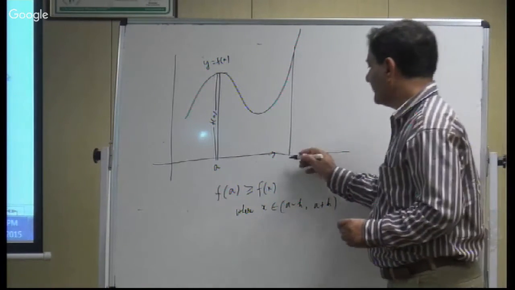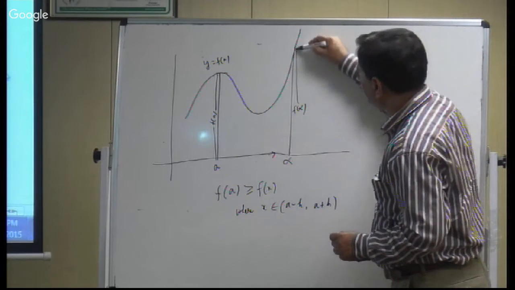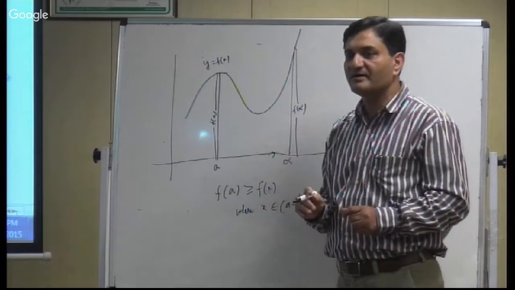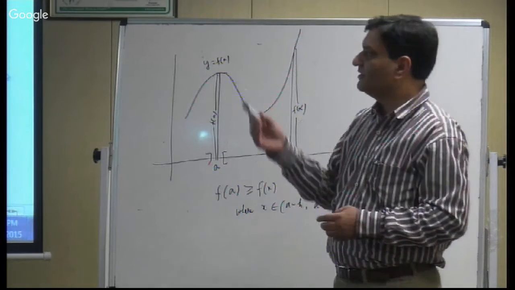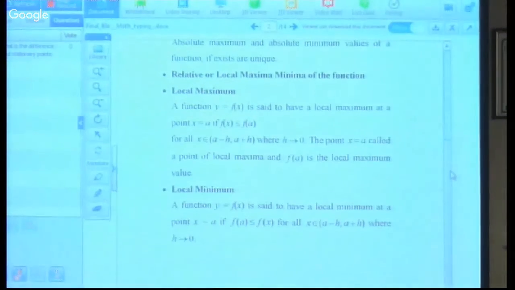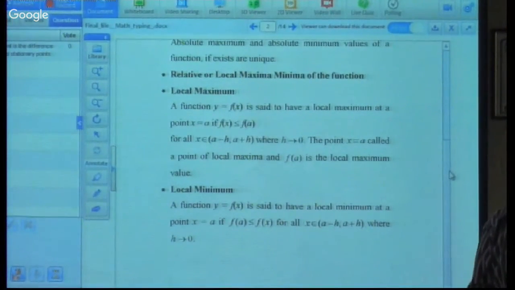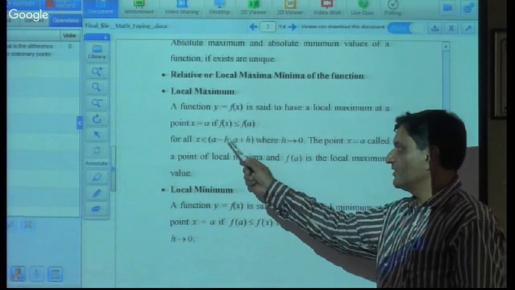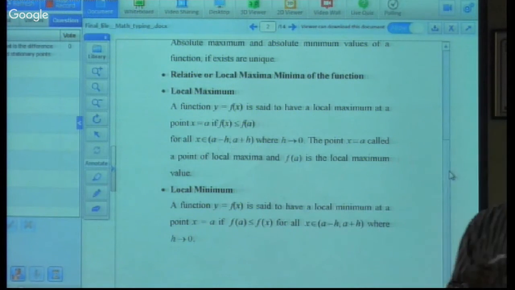It is not the critical point, but the value at this point alpha, f of alpha, is greater than that of a. But still this is a point of local maxima because we are just interested in a small interval around this point. So when we talk of local maxima, a function y equal to f(x) is said to be a point of local maxima at a if the value at a, f of a, is greater than or equal to the value of the function f(x), where x lies between a small interval around a. x belongs to (a minus h, a plus h), where h is a positive quantity,